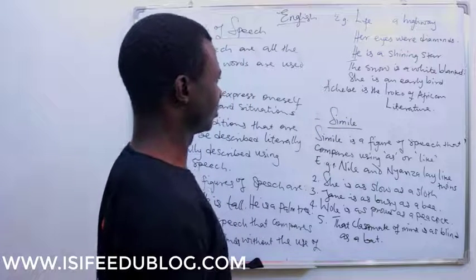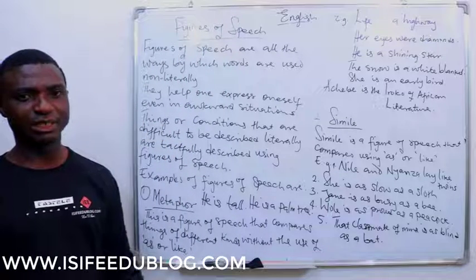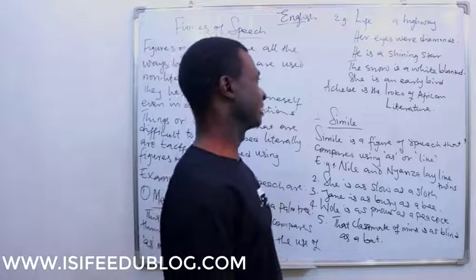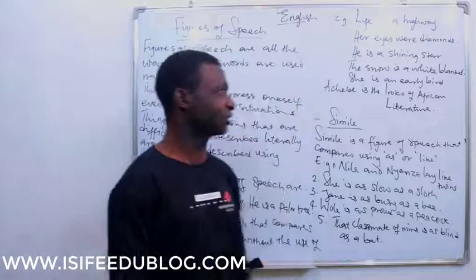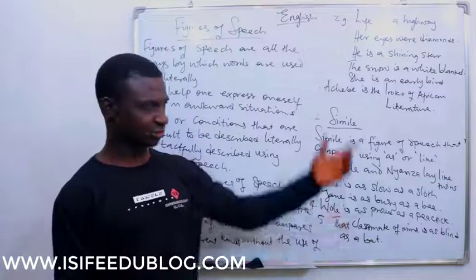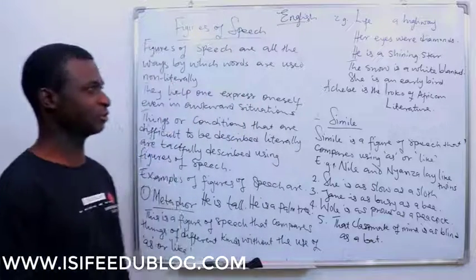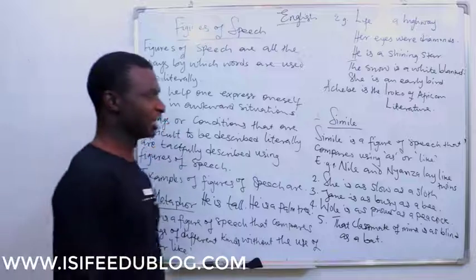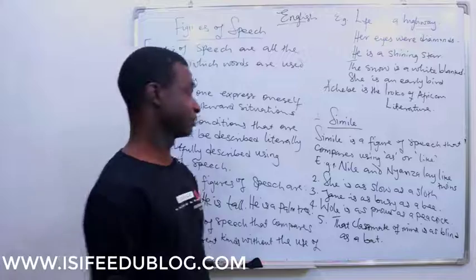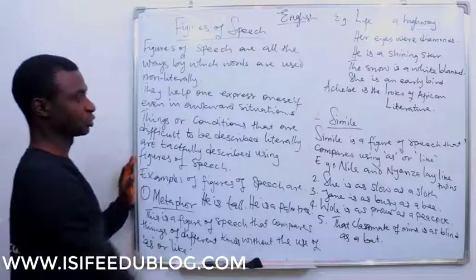Here is another example that says Achebe is the Iroko of African literature. Achebe is the Iroko of African literature. Iroko is a tree, we know, but then, given the giant nature of the Iroko, Achebe, with his giant footprint in the world of literature, has been compared to the Iroko. I think he got a title in his hometown, Ugo Bene Ilogu, which is the eagle on the Iroko. I like that one. Okay, we go to simile proper.